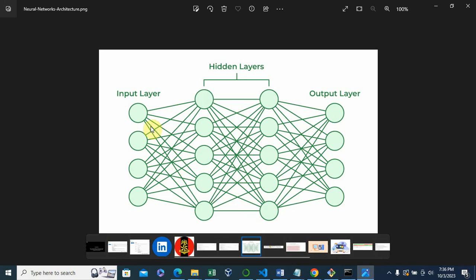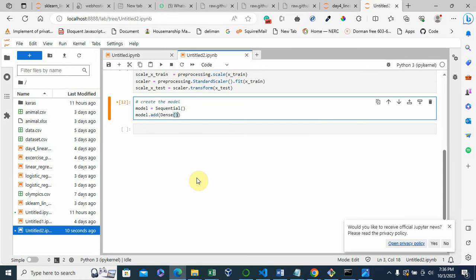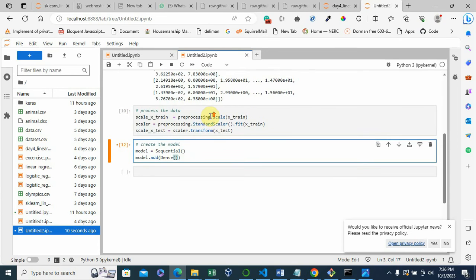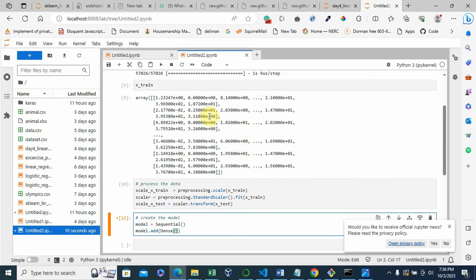And then I'm going to have to define the number of neurons. The first parameter it takes is the number of neurons that is used, and the number of neurons it uses is mostly the number of features in the data set, but not exclusively.